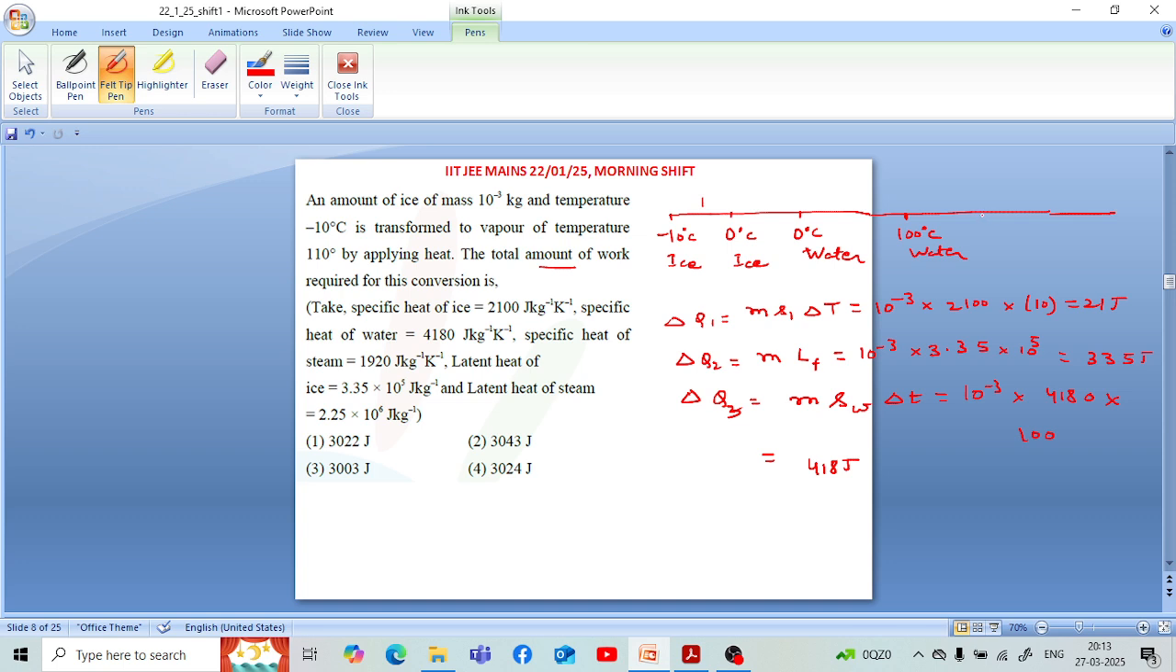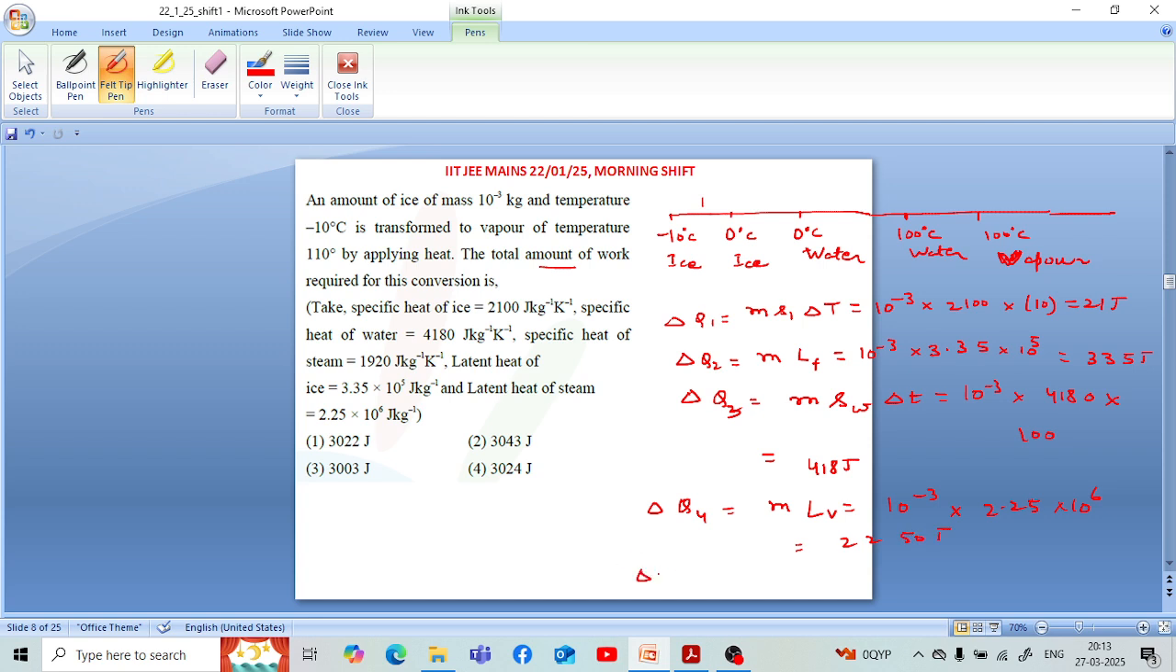Now the next conversion is from 100 degrees Celsius water to 100 degrees Celsius vapor. So 100 degrees Celsius water has to be converted into 100 degrees Celsius vapor. So this is a state change, not a temperature change. So let us call the required heat here delta Q4. So delta Q4 is given by M into L_V, where M is the mass, which is 10 to the power minus 3 kg, and this is the latent heat of vaporization. The latent heat of vaporization in this case is given as 2.25 into 10 raised to the power 6. This value is given in the problem. So after putting this value, we get the result as 2250 joules,